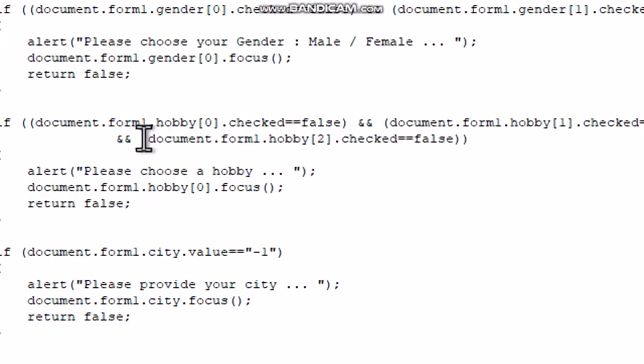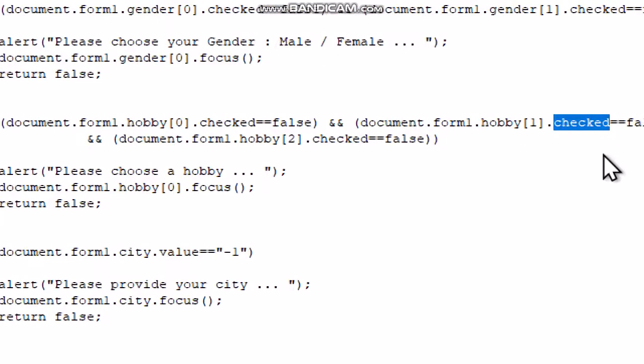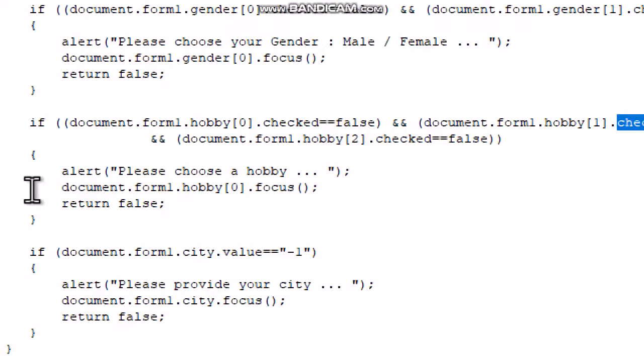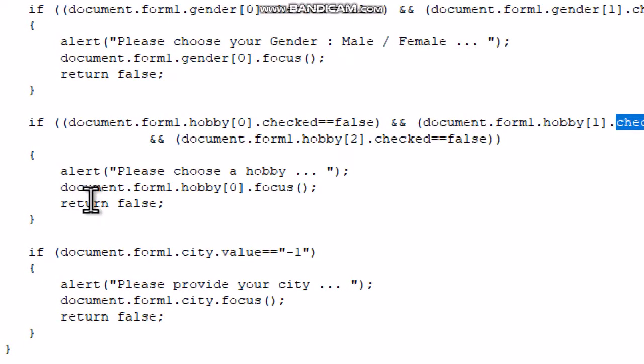If all the three conditions, this one for the singing element, this one for the dancing element, and this one for the reading element are false, that is all three, singing, dancing and reading, are not checked, that is not selected, then a message is displayed in the alert box: please choose a hobby, and the focus is placed on the checkbox.